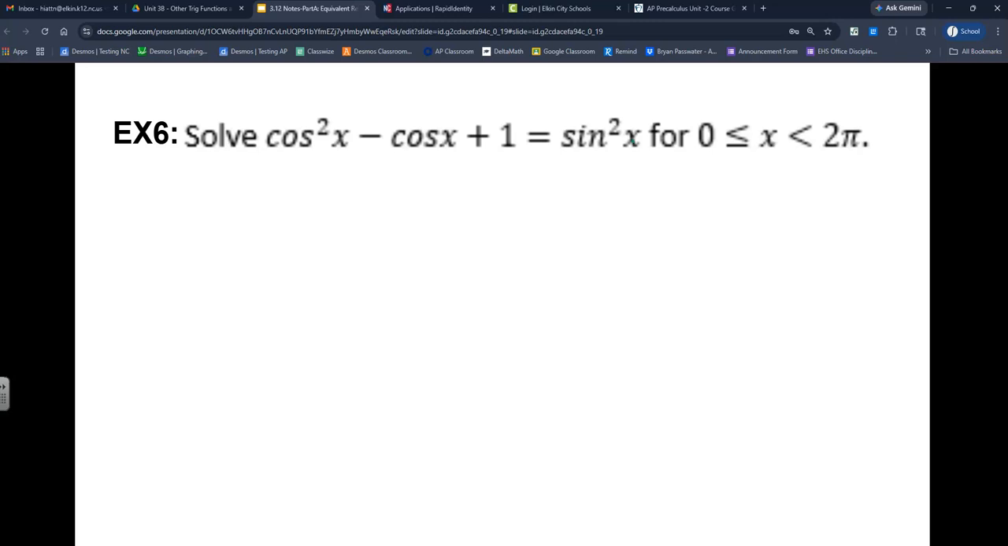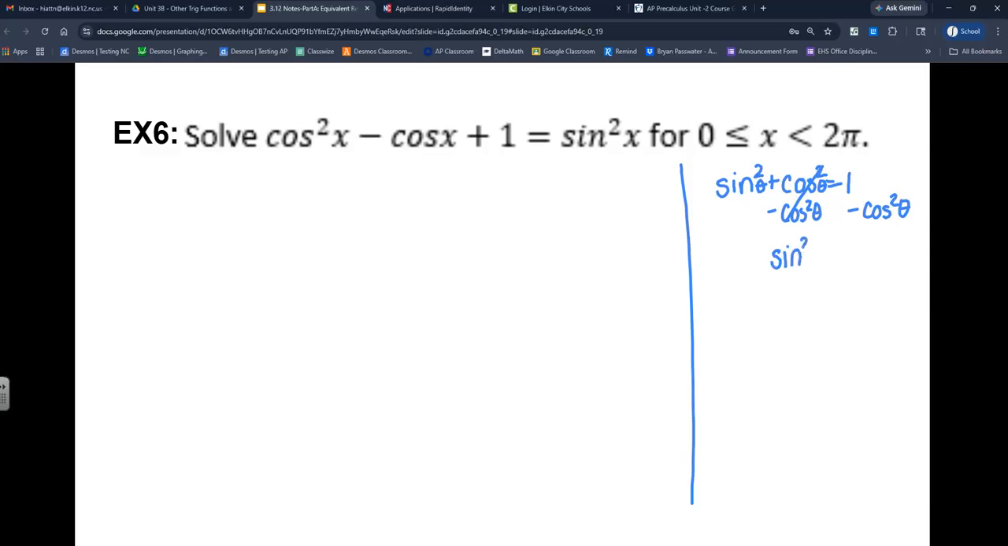But here's what we can do. Over to the side, I'm going to write this down. Let's use blue right here. I know that sine squared plus cosine squared equals 1. It's the Pythagorean identity. It is fact. If I subtract cosine squared theta from both sides,